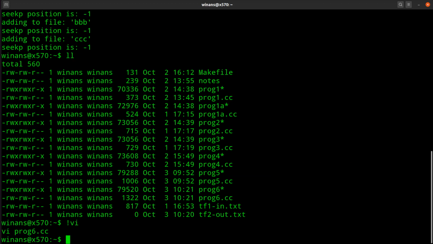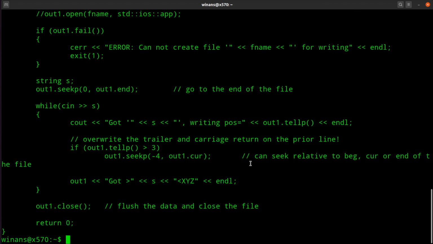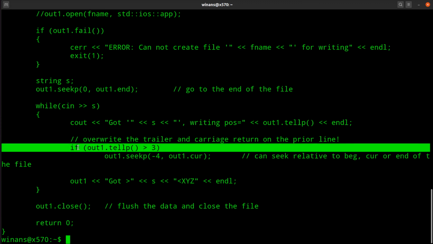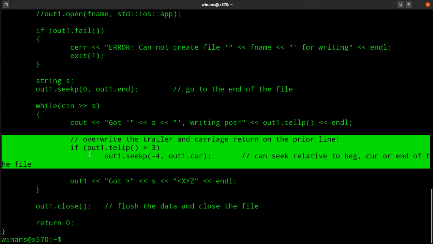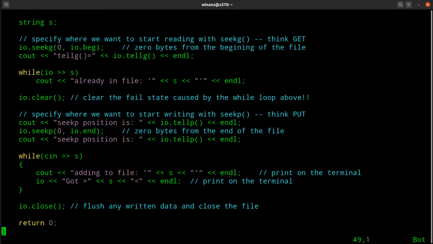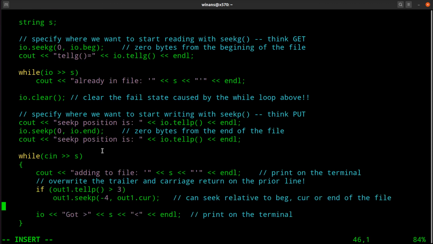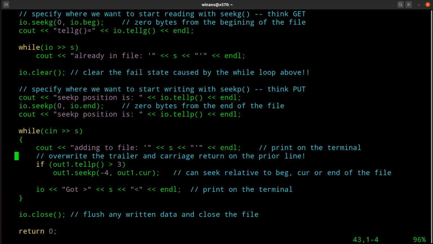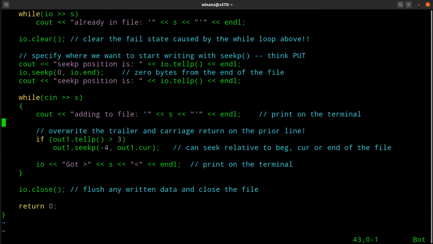Let's go back and steal a line of code from number 5, just for the sake of completeness, once we've done both reading and writing. At the moment this application only writes to the end of the file, as if we're in append mode or something. You can't tell the difference, right? Well, now, if I do this,